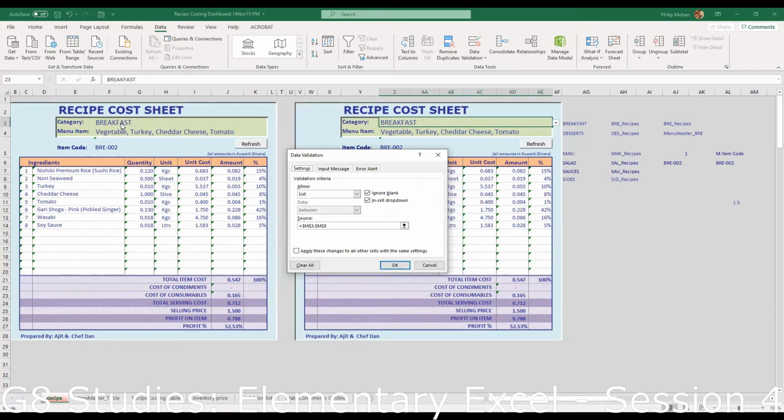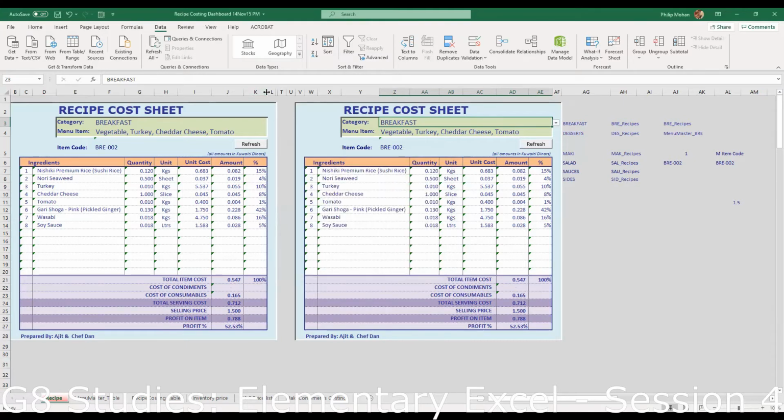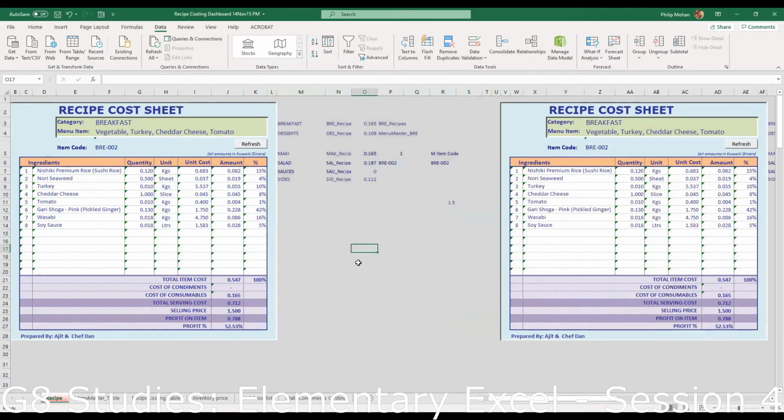So this breakfast is being taken from a list of items which are in this area, M3 to M8. M is in between here. I've hidden it, so let me unhide it. M3 to M8 is 1, 2, 3, 4, 5, 6, M8. So I've actually typed these in here, and when I go to this, why am I not even getting the arrow? My gosh, I always have problems with it.